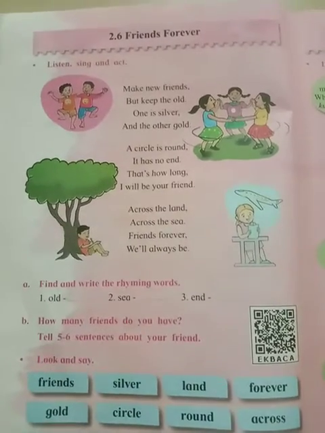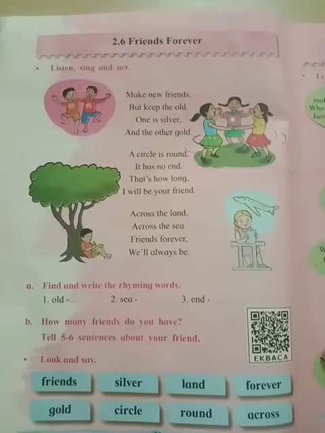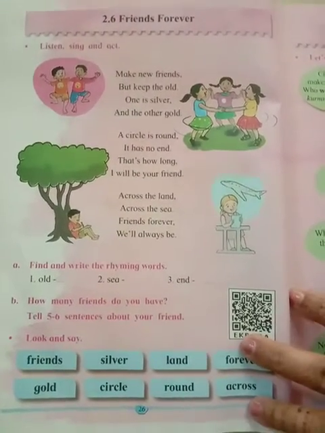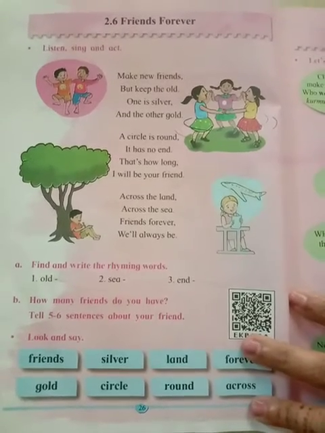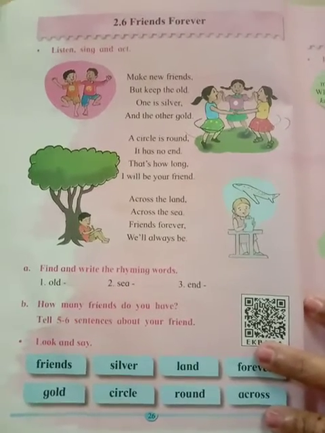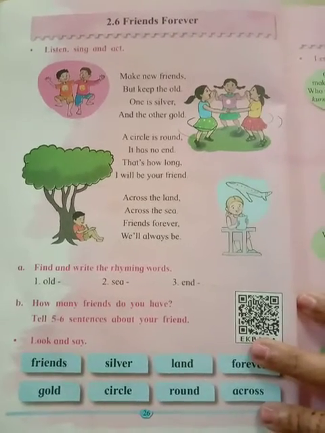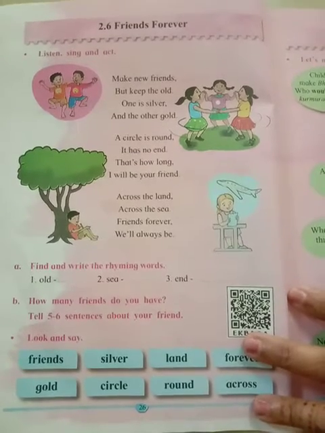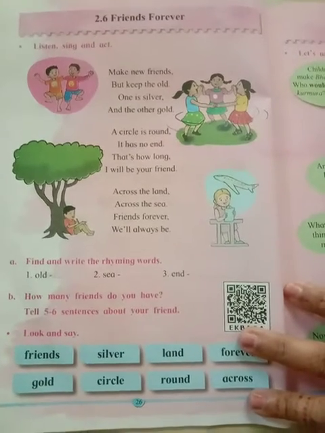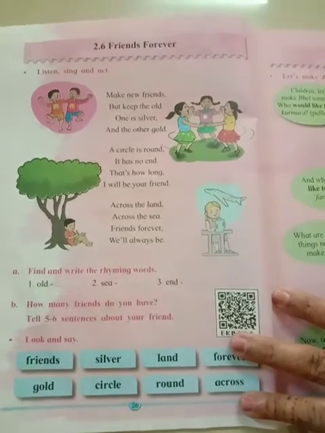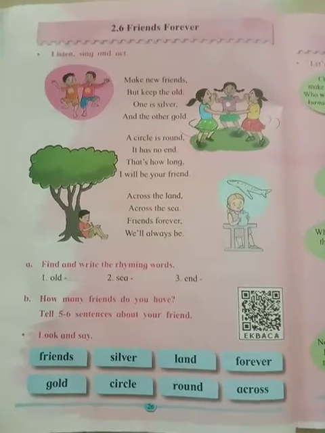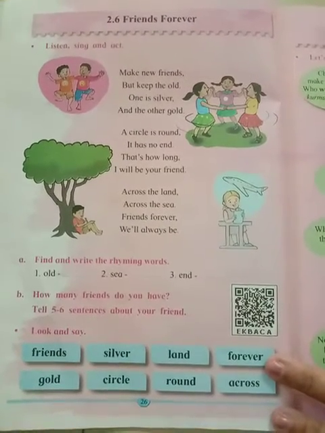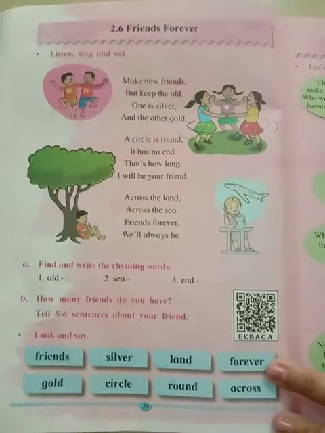See now, one interesting poem. Friends Forever. Forever means lifelong, for the last life, for a long life. Okay. So whenever you come to school, at that time you make many friends. Sometimes you make friends and you leave the friendships. But some friendships are such that you want to keep that friendship for your whole life. For example, if you made a friend from junior KG, you think that this is my best friend, this friend should be with me till the end of life. So likewise, Friends Forever. This is one interesting poem.